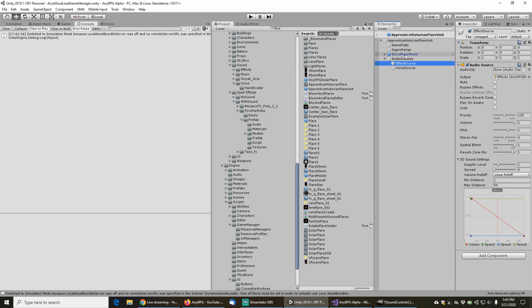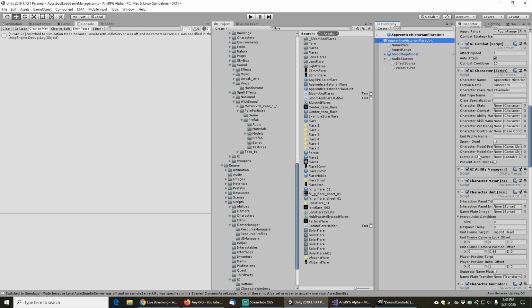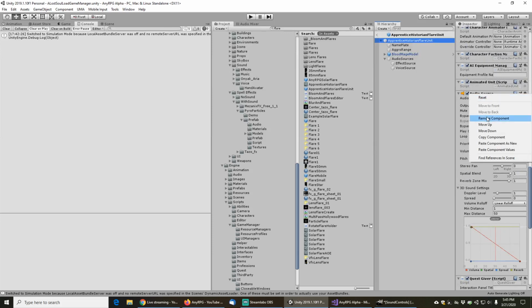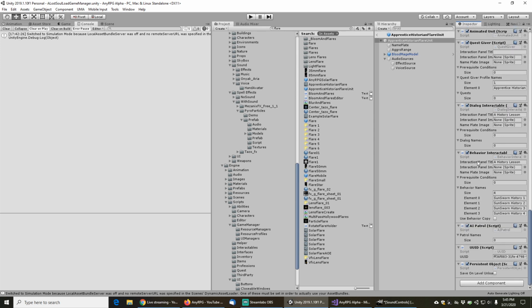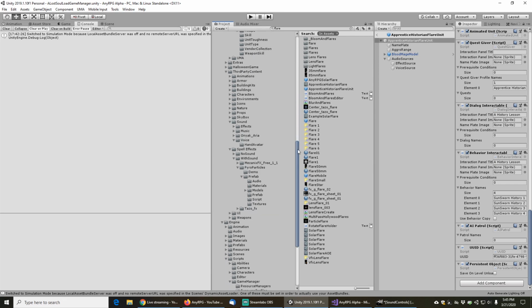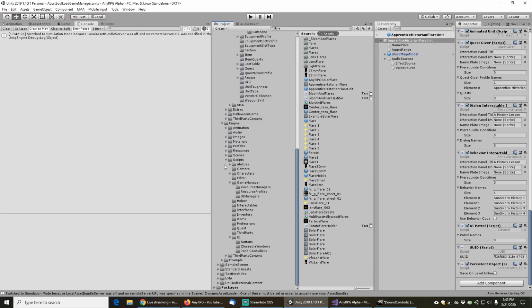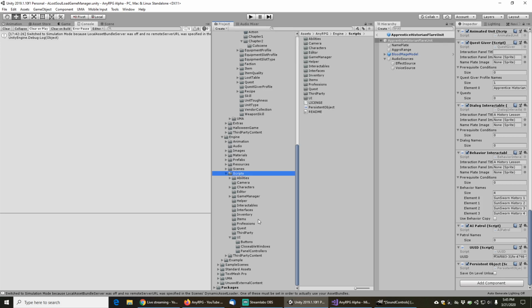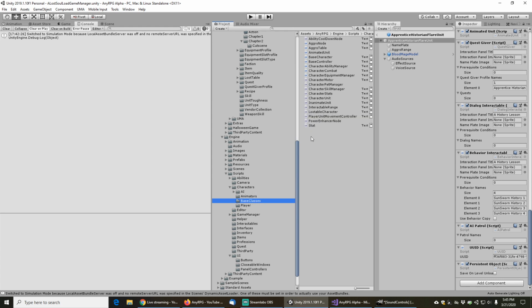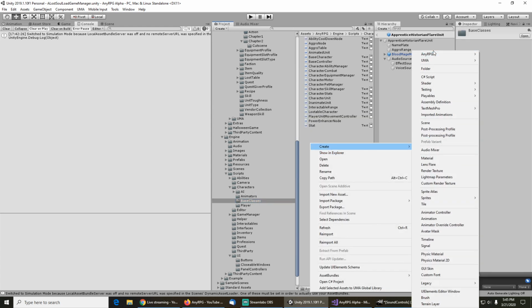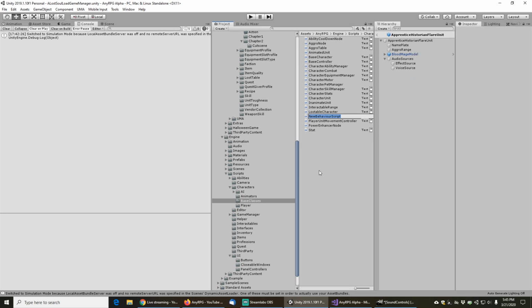So now what we'll need is a way to actually reference these audio sources. I'm going to remove the existing audio source from this character, and we're going to need to basically just make a new class in order to track this. So this will be a base class in the game for not just characters but units in general. So we'll go to the engine and go to scripts, and I'm just going to put it in character for now, even though technically it's not for characters specifically. It's going to be a C# script, and we're going to call this thing the unit